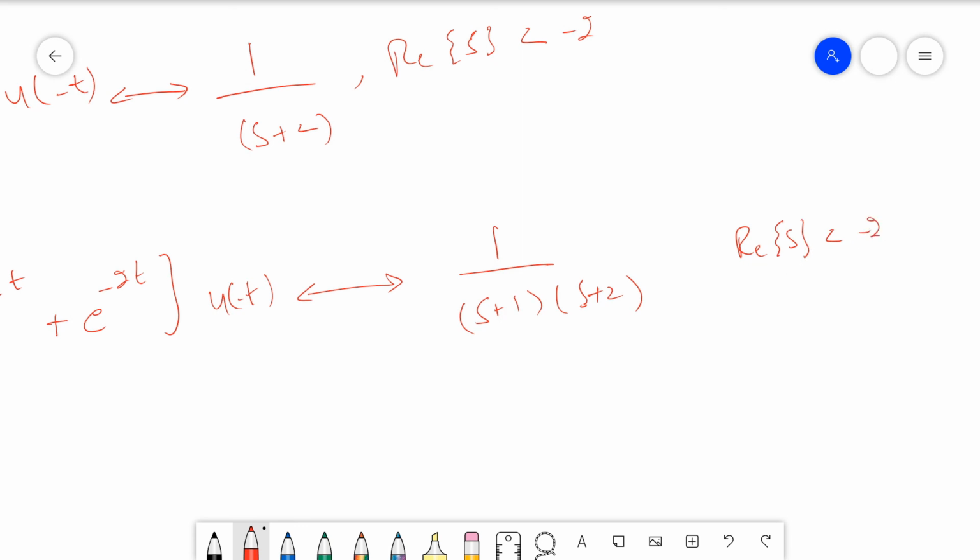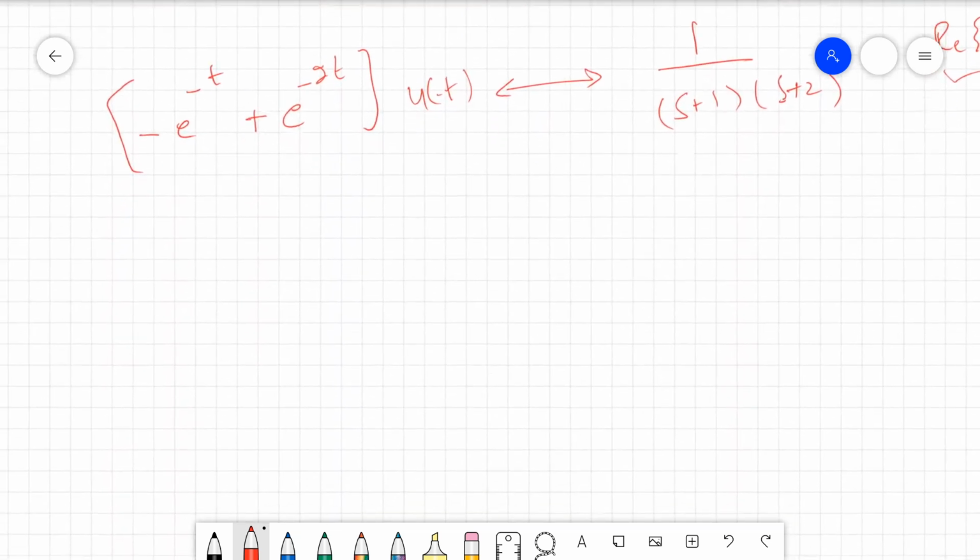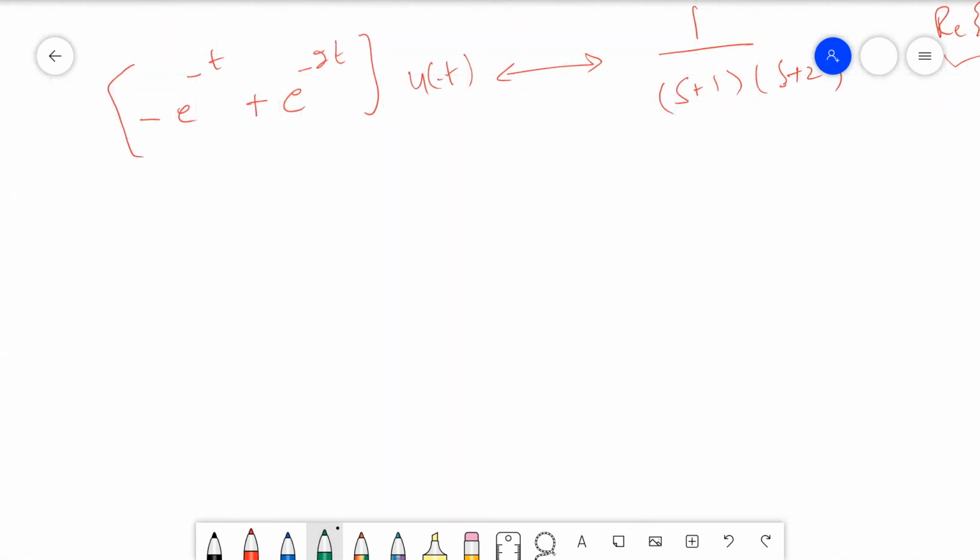So we have seen that for different regions of convergence, the same X(s) will give you different x of t,